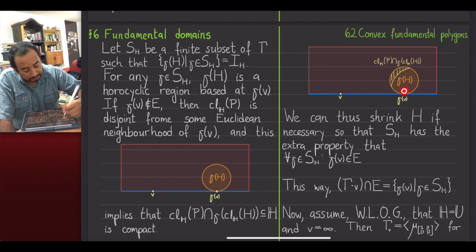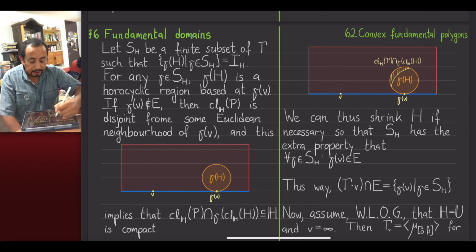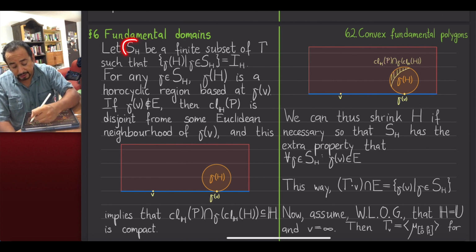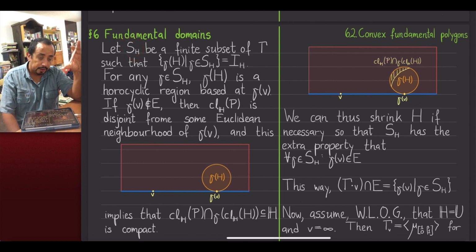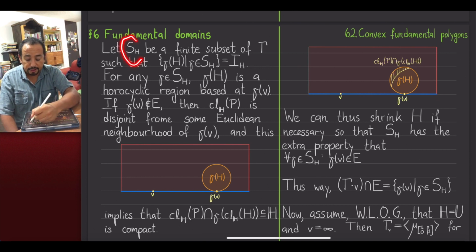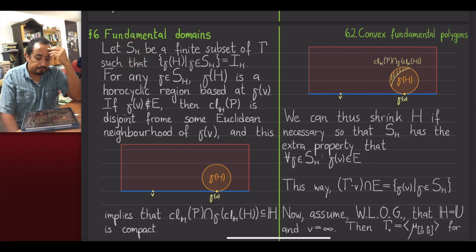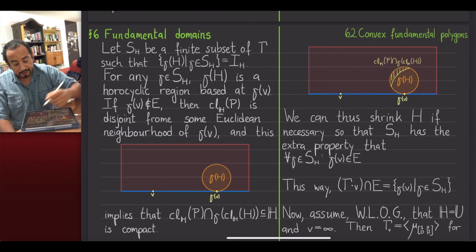The final horocycle that I obtain, which is not the original H, is a Euclideanly smaller one, so that my set SH of course changes. It also shrinks, becoming a subset of the original SH, but now has the property that